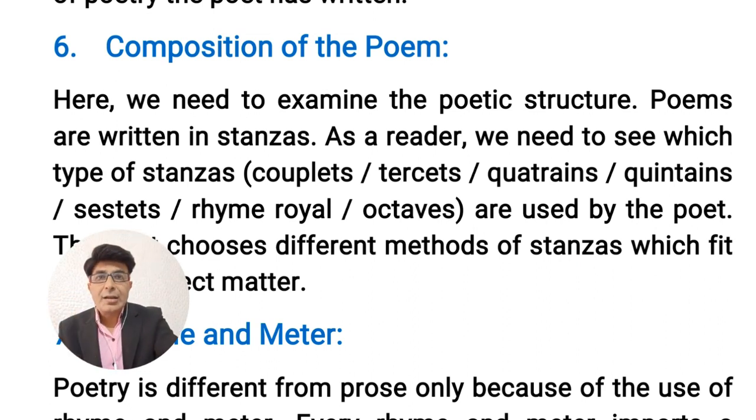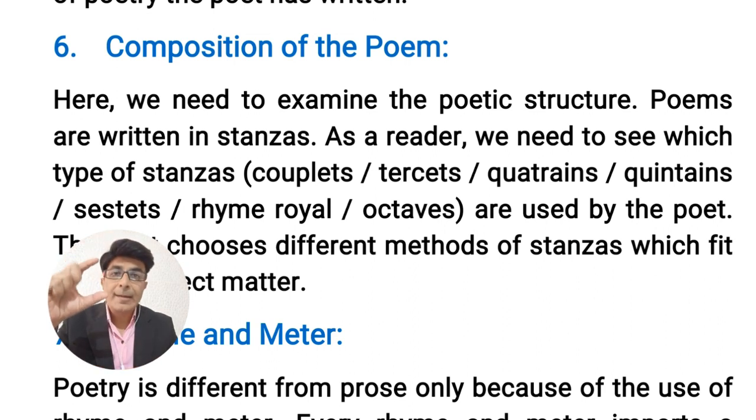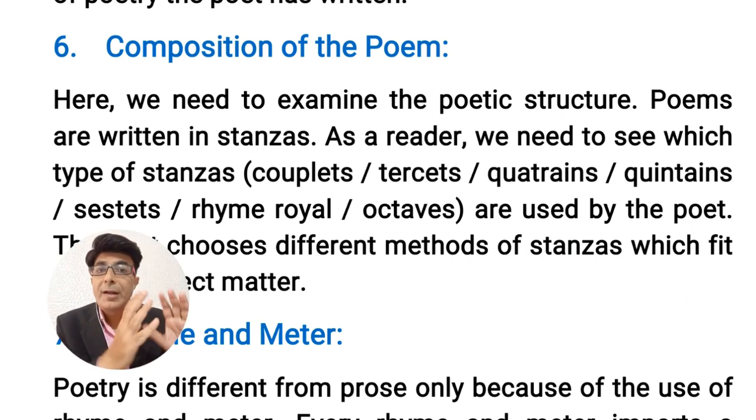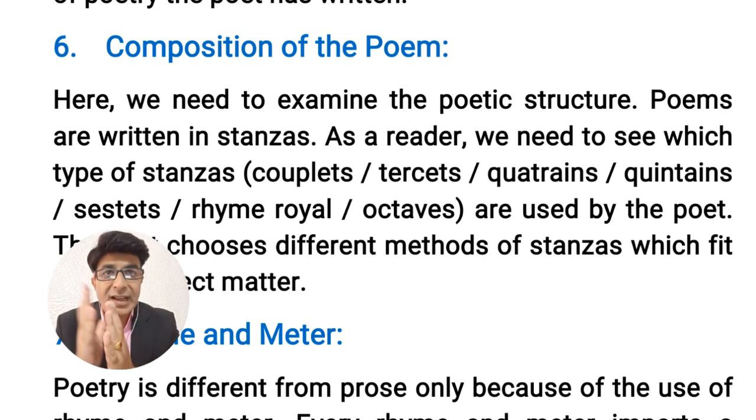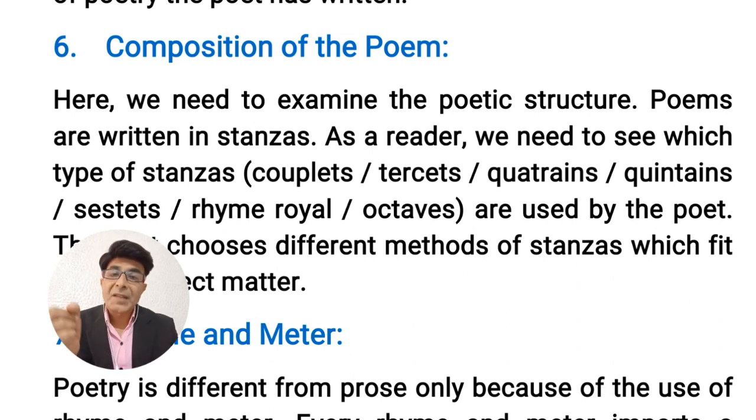The next important topic is composition of the poem. Composition means structure. What is the structure of the poem? We know that the poet writes in the form of stanzas. The prose writers, like novelists and essayists, write their literature in the form of paragraphs, but the poets write in the form of stanzas. So you need to count how many stanzas are there